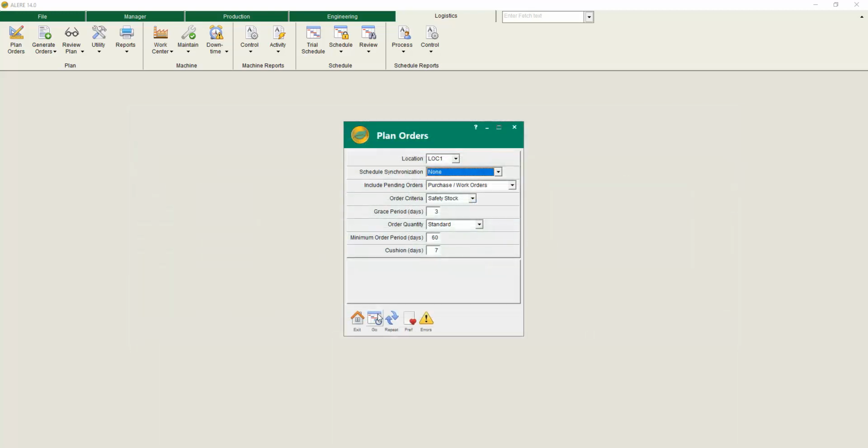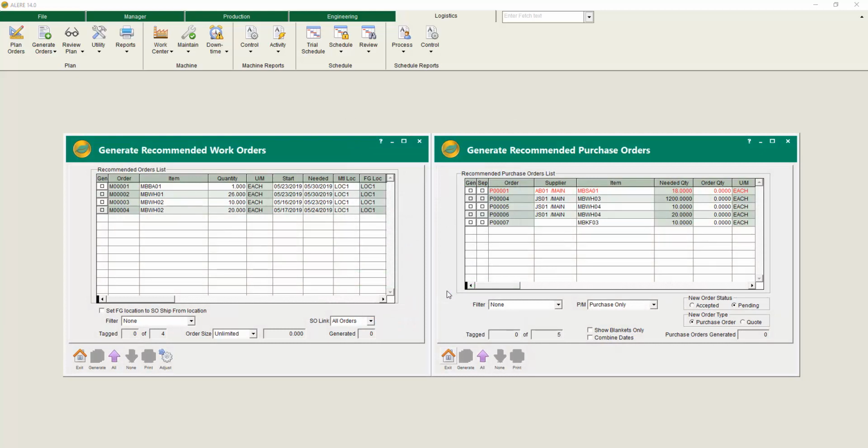Perhaps the most powerful tool in ALERE is the plan module. It is in this module that the full range of MRP techniques are employed. All levels of the BOM, from the item being manufactured down to the raw materials, are calculated in one pass of the MRP process, rather than the traditional method of one level at a time. Using a time-phased approach,